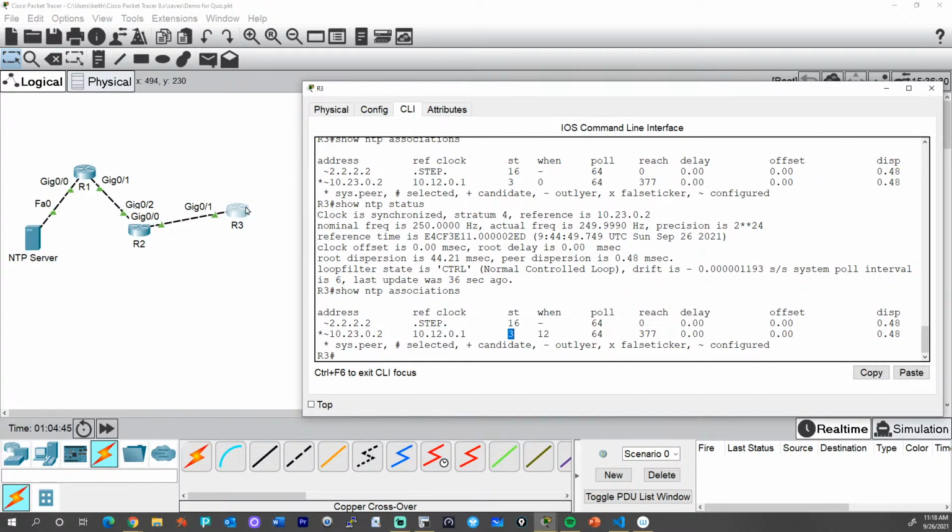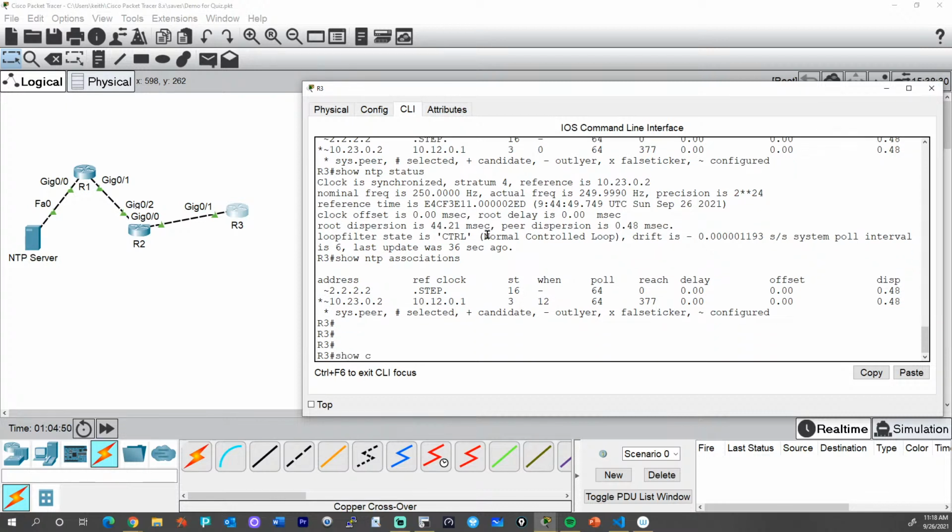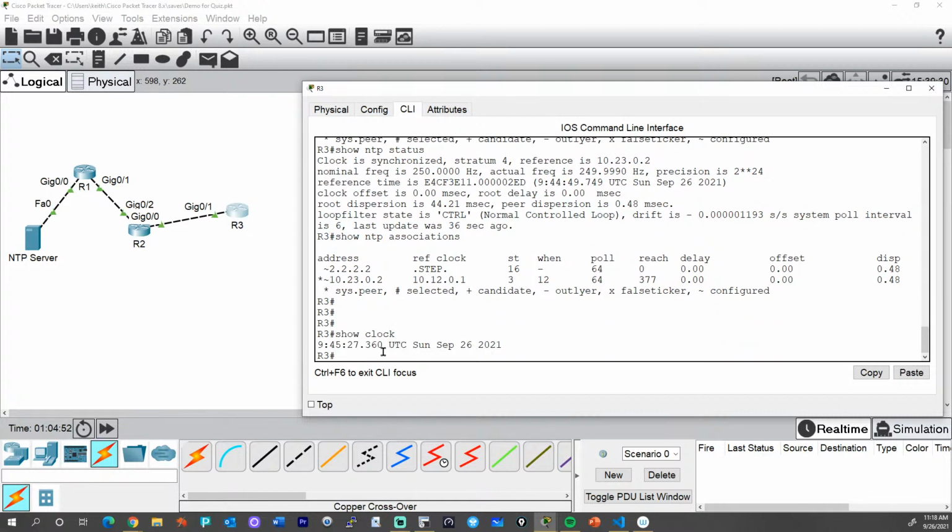So also another cool thing is this. If we went to R3, this is just for fun, show clock. So NTP is served up in Universal Time Coordinated. And so what you do is you get UTC time shipped to you by NTP. And then what you do locally on your devices is you set your local time zone on the router. And then you can also set up the time frames for daylight savings time, when it starts, when it ends, all that good stuff. But UTC is the delivery mechanism as far as time from a time server.